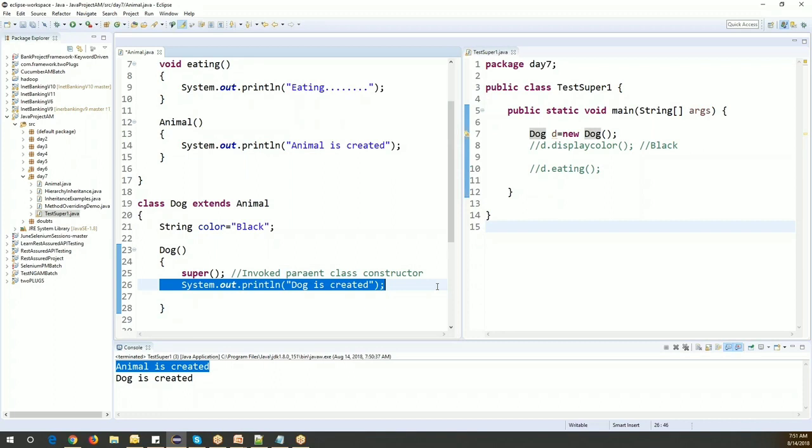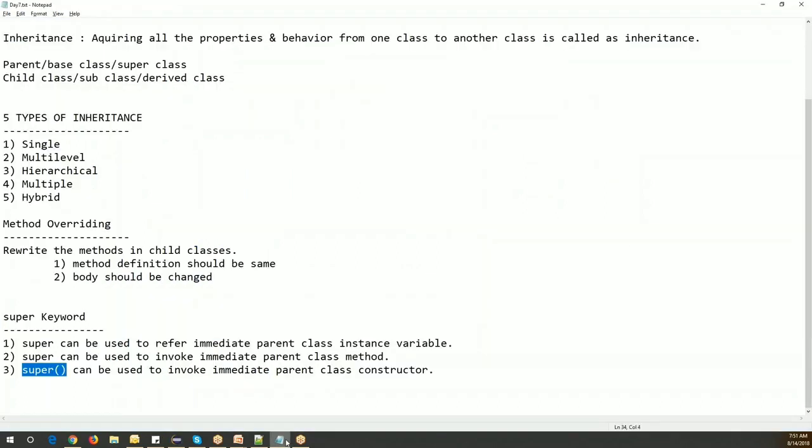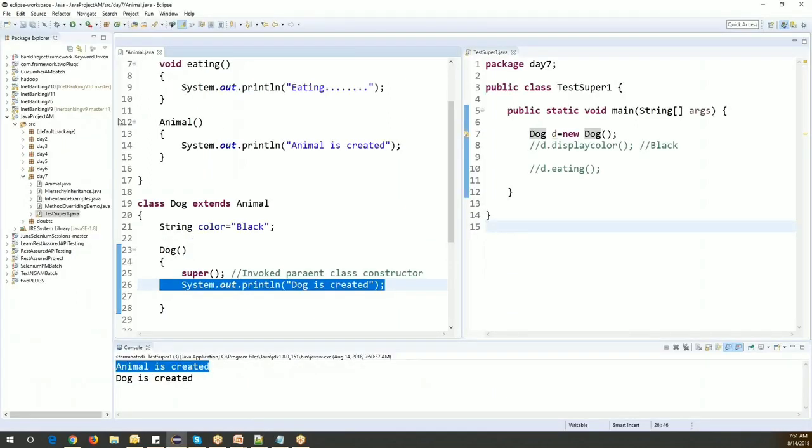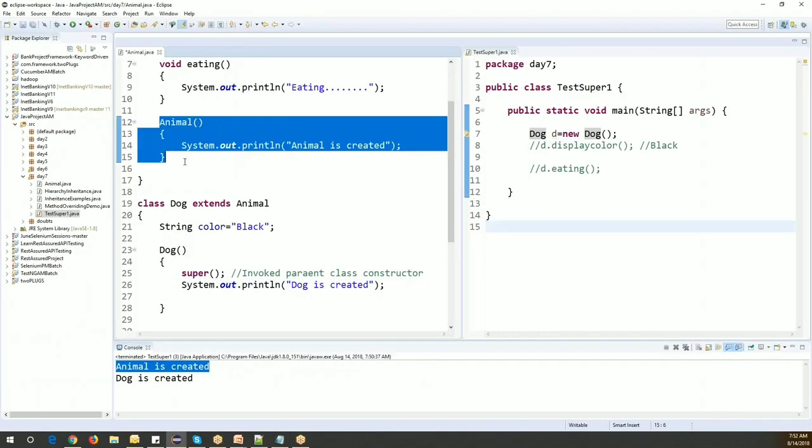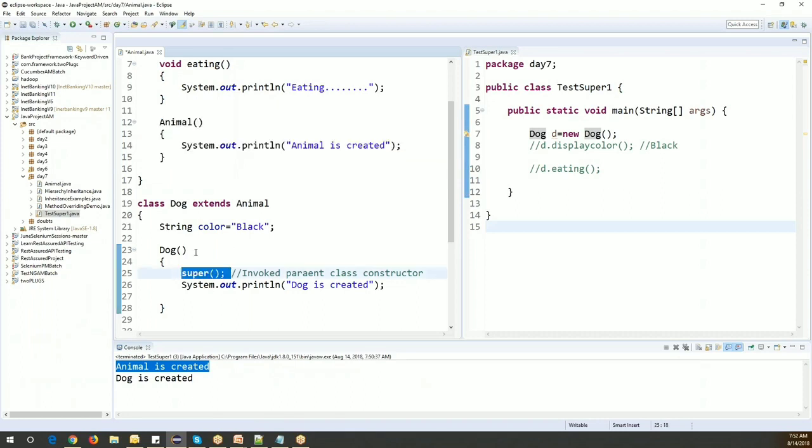So execution wise it is different internally, but output wise there is no difference. Okay, so this is another usage of the super keyword. There are three purposes. One is that super can be used to refer to the immediate parent class constructor. If you want to invoke the parent class constructor, we can just use this super keyword in